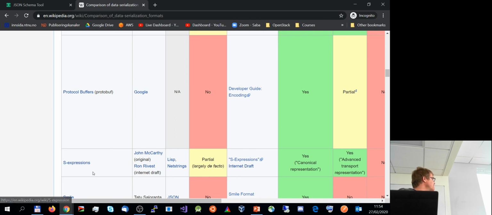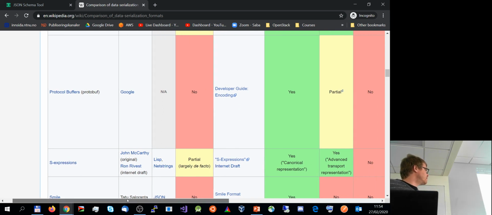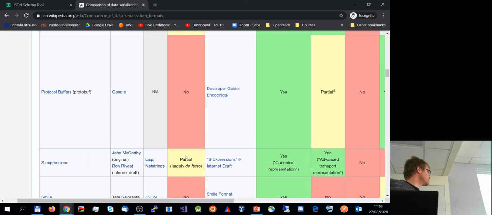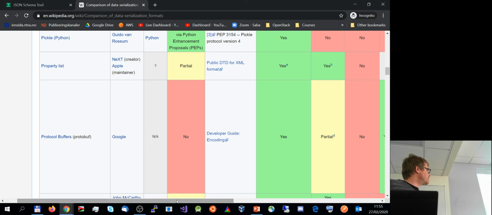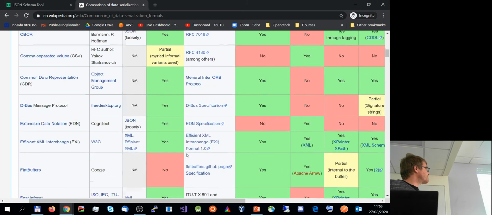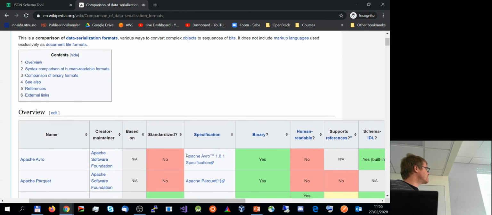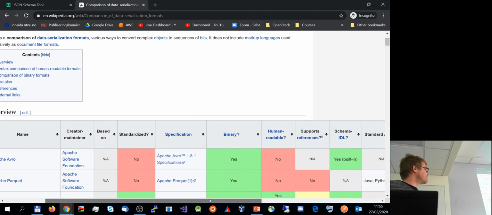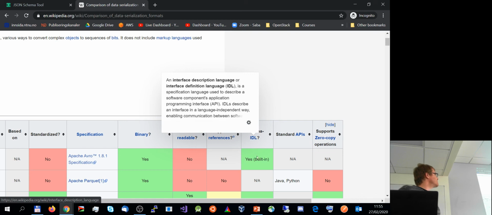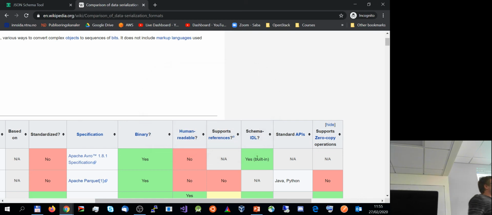More theoretical S-expressions, how do you represent functions, for example, particularly in Lisp or in functional languages. But it's really all over the map. But Protobuf is really, I think, something that's quite worthwhile. You find a lot of features here as well in terms of what they are, where they're specified, whether they're human readable, and whether they support, again, IDLs, right? So meaning, is there a programming language independent specification language that hopefully can help you generate stubs for your programming languages?